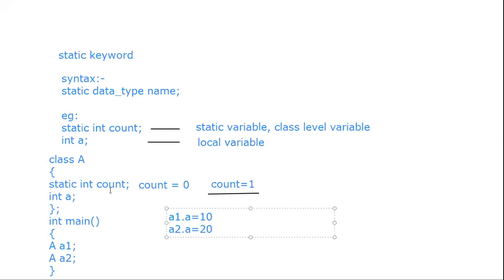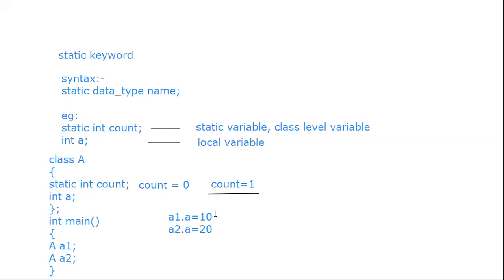With respect to this local variable, both these values are separate because the local variable is accessed with the help of two different objects. That member variable is separate for different objects, so it will store different values for different objects. But a static variable is going to store only the latest value, even though any number of objects are created. This is the basic difference between the static variable and the local variable.